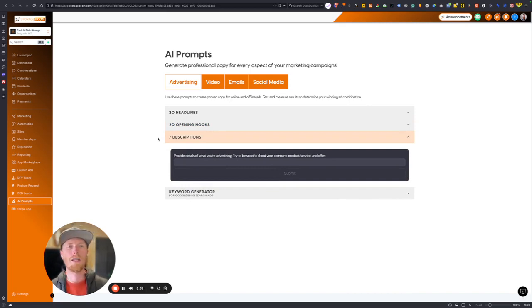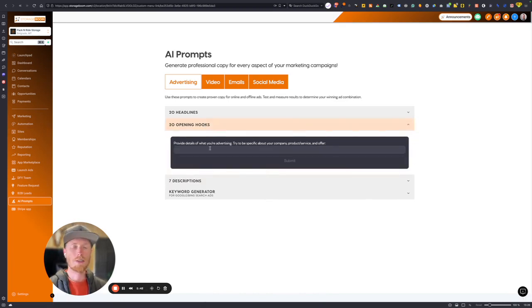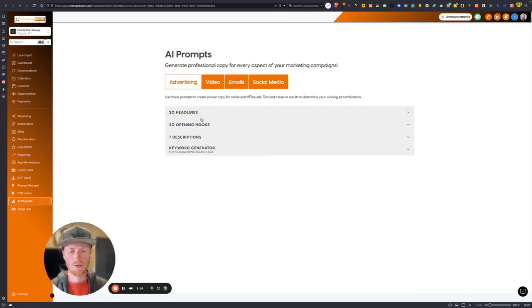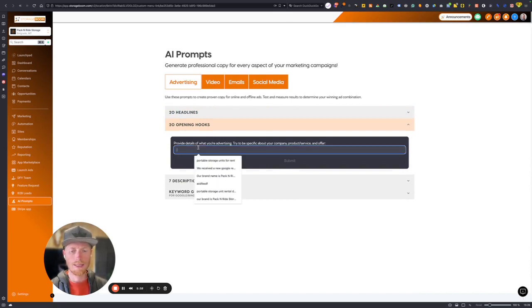This is definitely the case for a Meta ad, Facebook and Instagram ads. You're definitely going to be able to add a lot of copy in the description section, and you want to open that with a compelling hook. That's what these hooks are for. And so here's what's cool. Once you've got your inputs, like I just did, my standard inputs that I'm using, I'm just going to copy and paste that right into here,